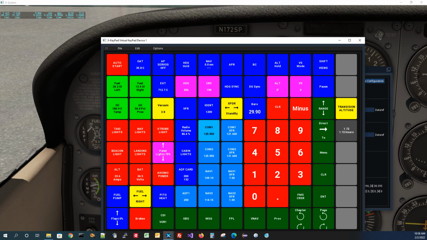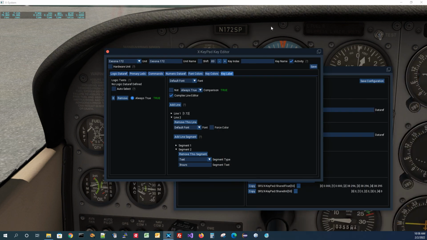So you can see the advantage of using the custom strings as an output is that it's capable, regardless of what you've got for a logic data ref or a numeric data ref on that key. You can use any one of the 50 custom strings anywhere you want on the key. So it does have some advantages if you've got a key that's built up with a lot of different pieces of information on it, like you want a complex annunciator or something of that nature. Okay, so I think that gives you an idea of where we're going with the formula capabilities. You should be able to do a lot with it. It won't do everything,